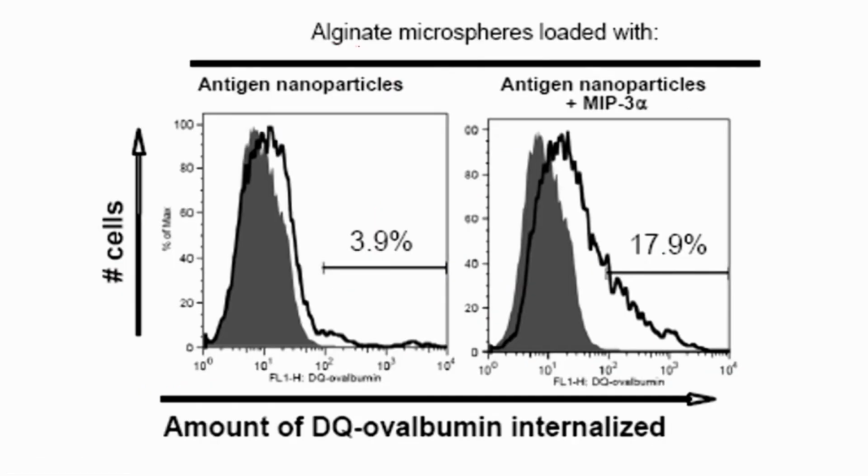So, here is some more data on the alginate microspheres that were used. If you use just the antigen nanoparticle and look for cells that have taken up the ovalbumin, which was your antigen labeled via fluorophore, what you find compared to your control is a very minor increment in your uptake of your antigen. So, this is antigen,